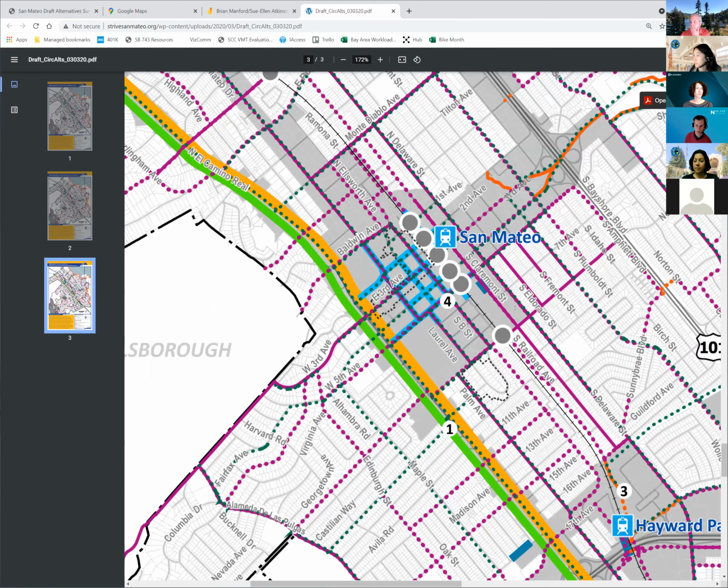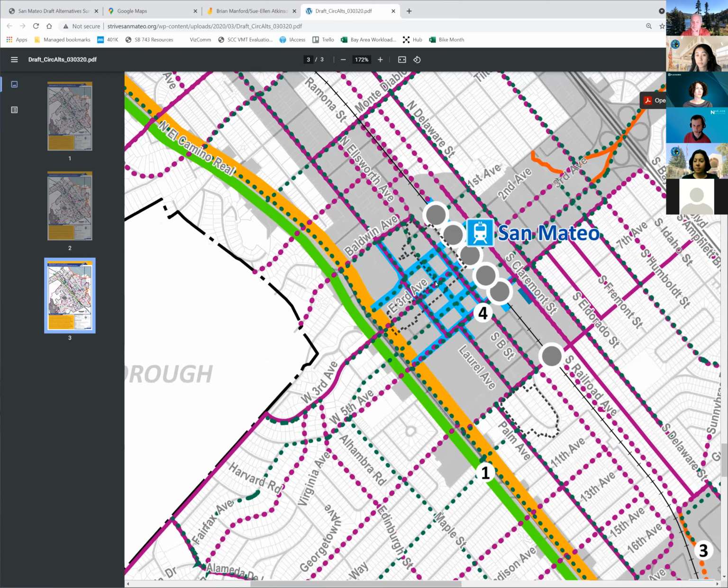These light blue lines in downtown, because it has a traditional grid pattern, we were inspired by Barcelona. They have a concept called a superblock where you have a forced right turn at some of the intersections. It allows vehicles to have access, but it also slows them down and calms traffic.